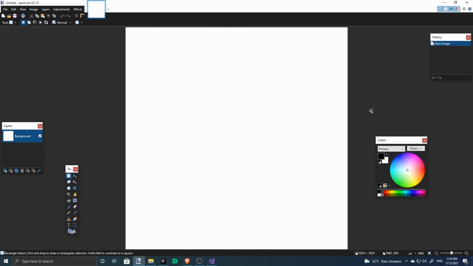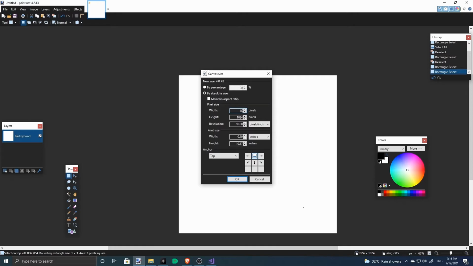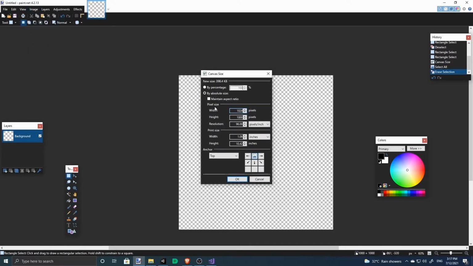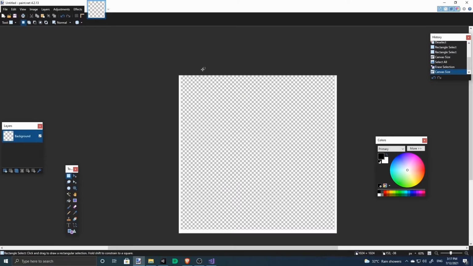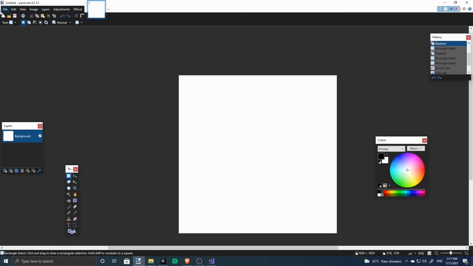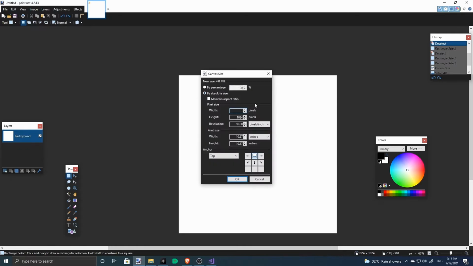So I use Paint.net. Then expand it. So it's going to be a transparent little box.